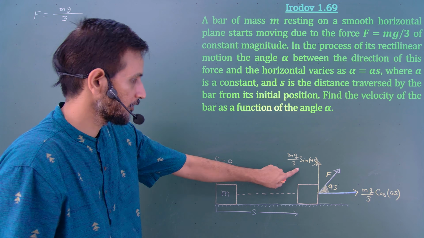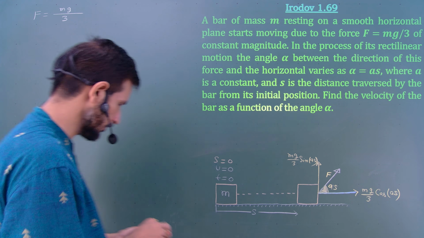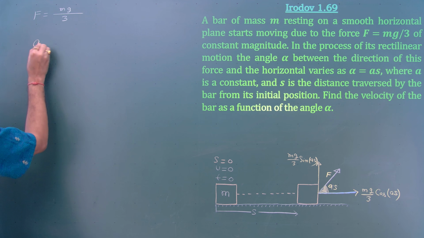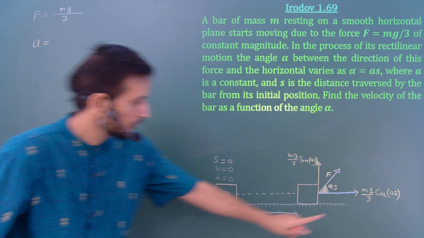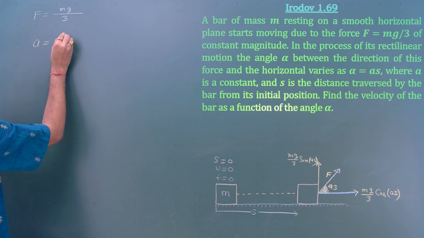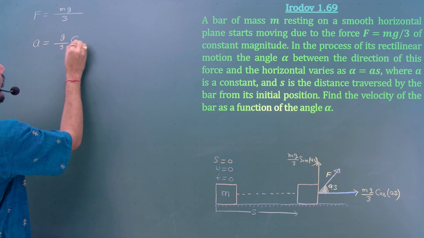Now this force is not responsible for the rectilinear motion. This force is responsible. So what is the acceleration of the block? The force should be divided by the mass of the block and the acceleration will come out g by 3 into cos(alpha)